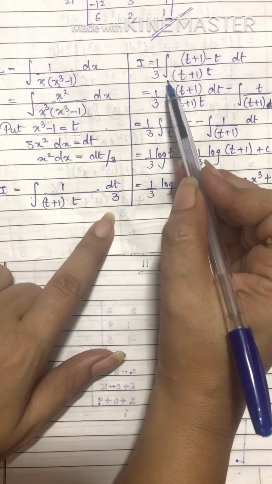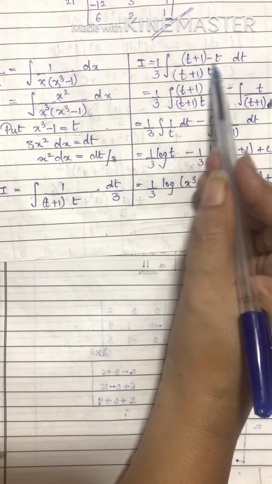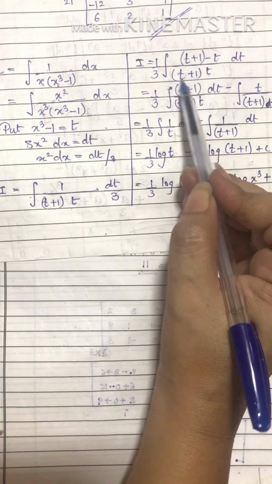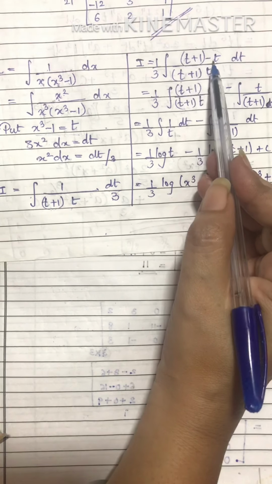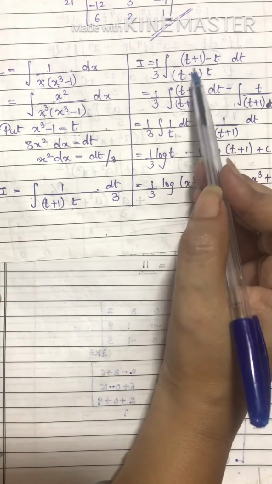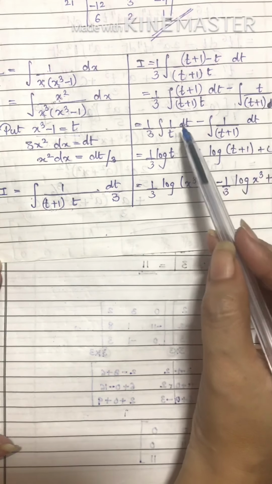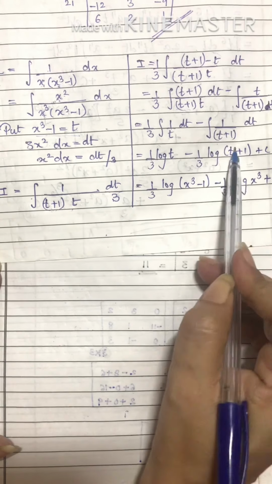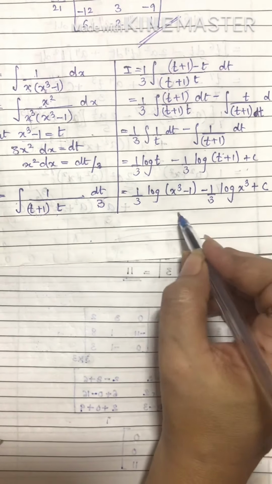This 1 upon 3 into integration t plus 1 minus t. Here I've done one adjustment, because in the denominator we had t plus 1 into t. So to get this in the numerator, I added and subtracted a t here in the numerator. So t plus 1 minus t. Okay, I've taken this in a bracket. Now we will take the denominator to each term of the numerator, and then on solving, this gets cancelled. We get 1 upon t. Here t gets cancelled and we get 1 upon t plus 1. Okay, I've integrated in this step and here the sum is done.